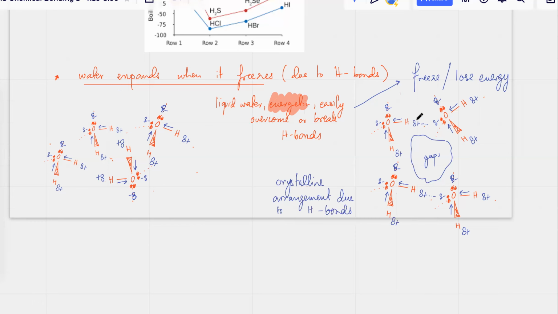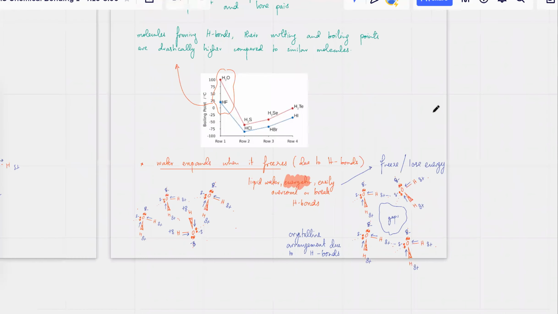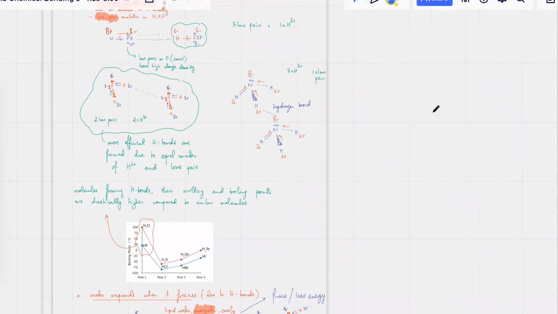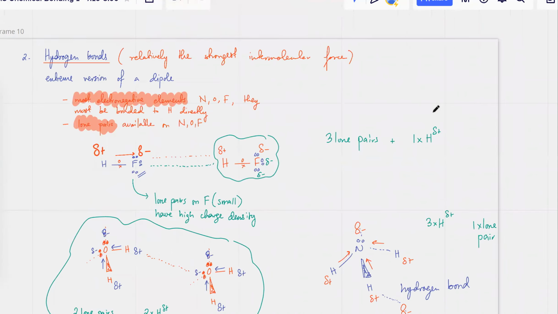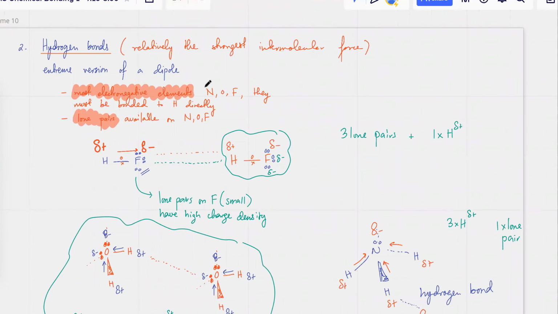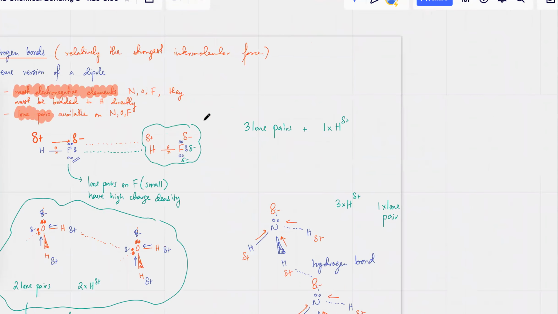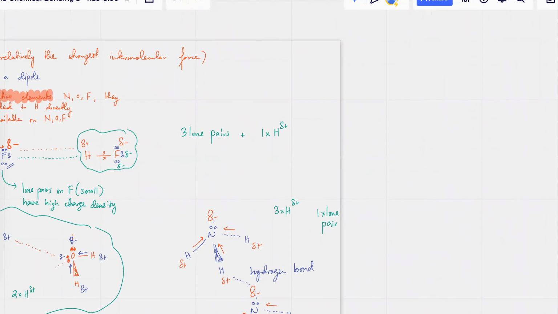So remember this about hydrogen bonds: they are pretty strong, one of the strongest attractive forces between molecules. So water expands when it freezes. The condition is that whenever you have N, O, or F directly bonded to H, and the other condition is that the lone pairs must be available. So it's not just these three molecules. It could be in other molecules as well. For example,